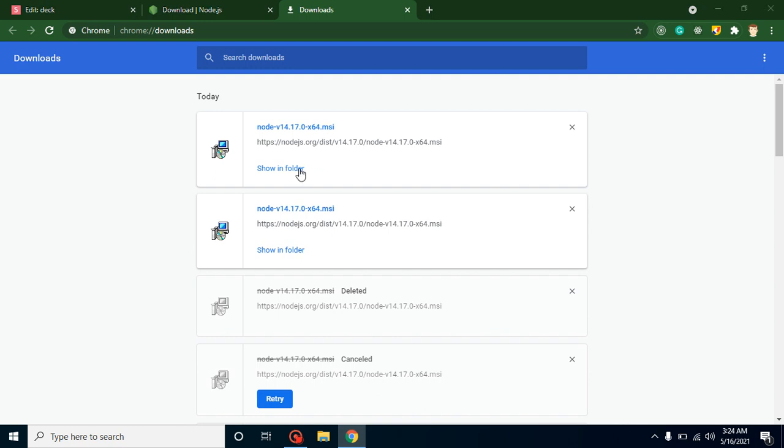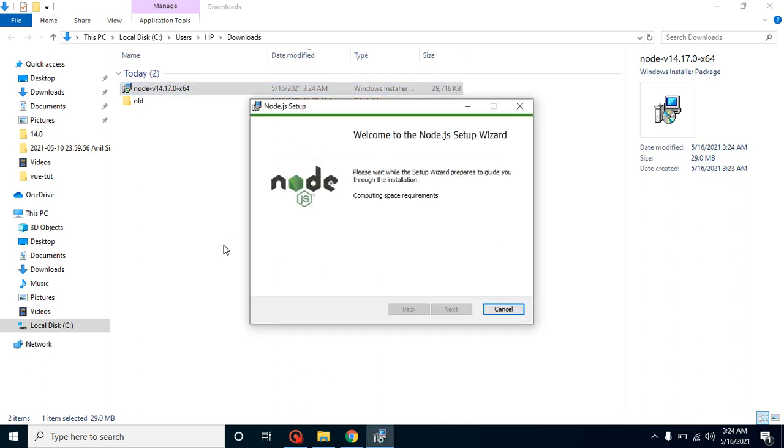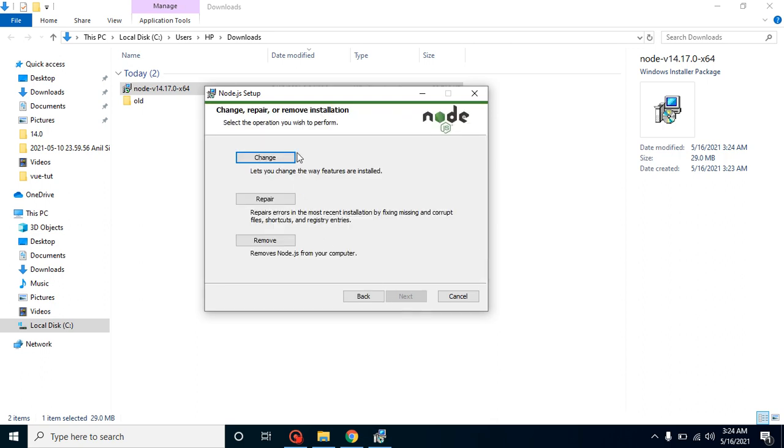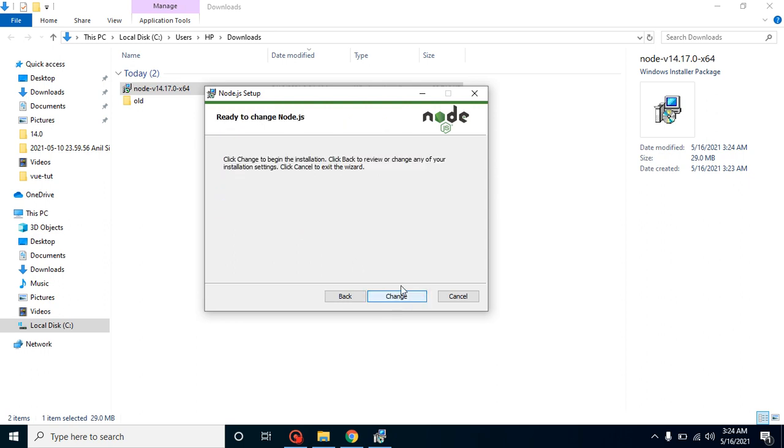Alright, so just go to the download folder, and from here we can double click on the setup and it will launch a pop-up. From here we can just go with the flow, like next. See, I already installed Node.js, that's why it is asking me to change, repair or remove. But in your case there will be a checkbox with the agreement of installation. You can just check it and select the next option. After that we don't need these additional tools, so we don't need to check this checkbox, right? Let's go to the next, and here you will find an install option.